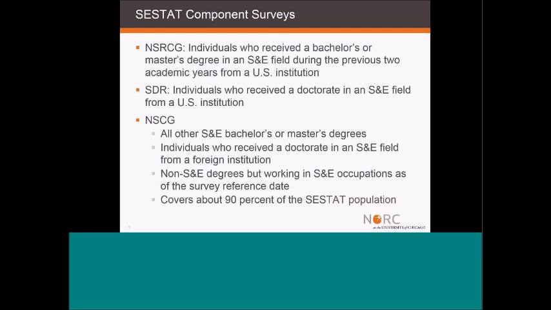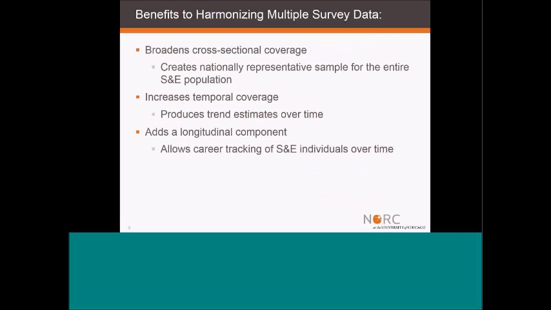Again, as I said, this structure lasted until 2008, before the American Community Survey took over from the decennial census long form. Before that, the national sampling frame was only available once a decade. So NSCG got the base sample, and then over time the supplemental sample came from NSRCG and SDR to get the nationally representative sample for this population.